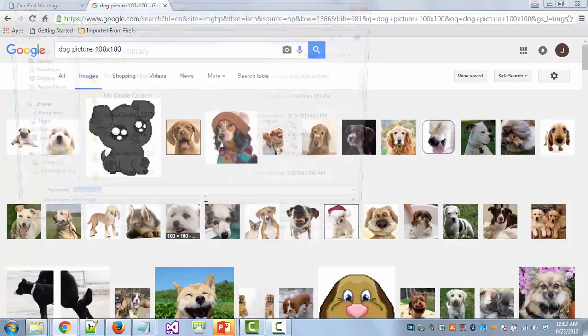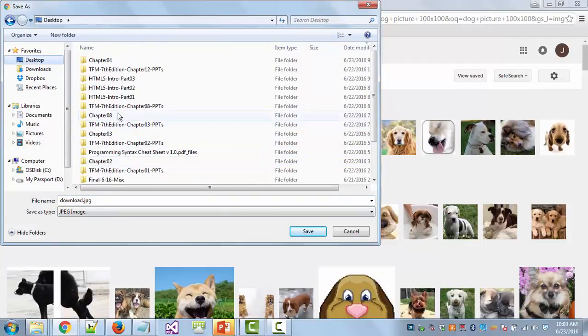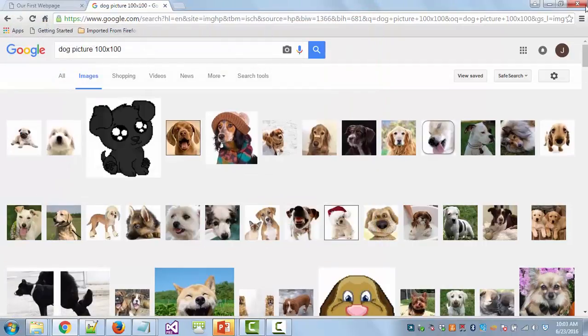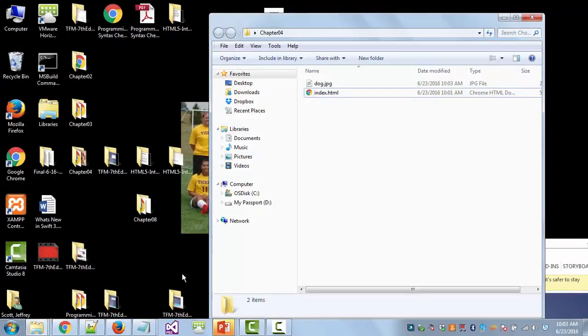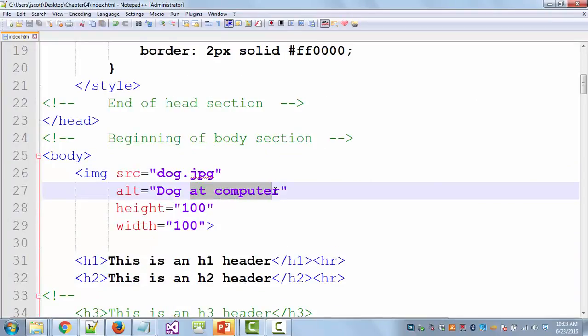So I'm going to save the image as a JPEG to our desktop, our Chapter 4 folder, and I will call this dog.jpg. All right, I have it in there now, but that alt tag really isn't true anymore. It's not dog at computer. We'll just change it to dog